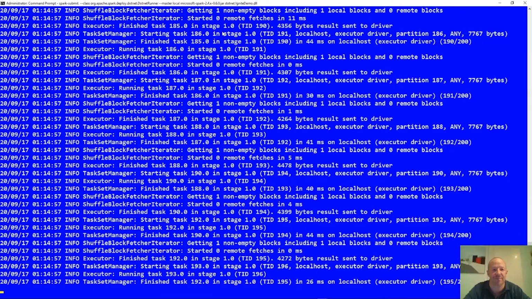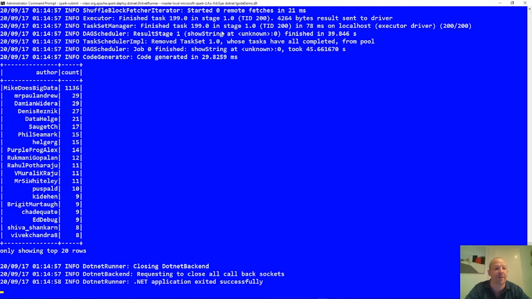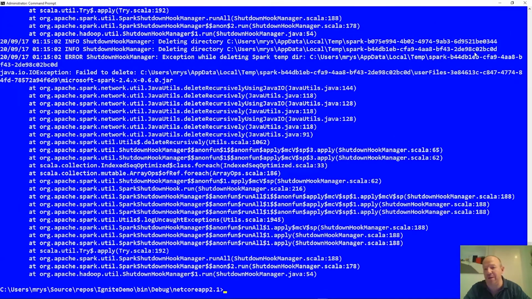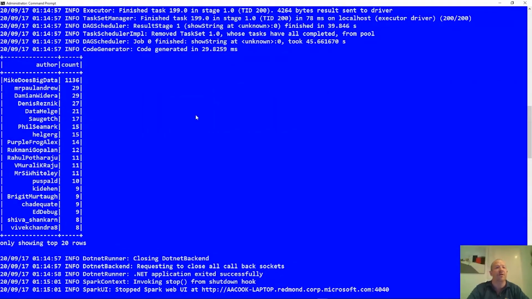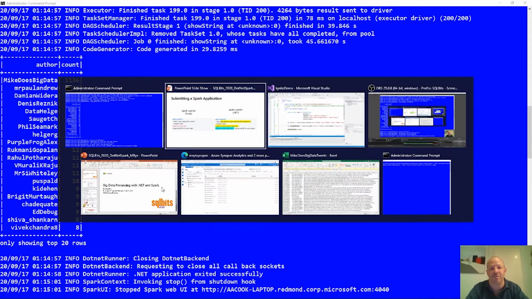And now you see the result here. Let me scroll back so you can see that, because the shutdown here is giving me some error messages, which is normal. So you see here now my local file and basically the author and count that I have created inside. So pretty straightforward. Let's go back to the presentation now